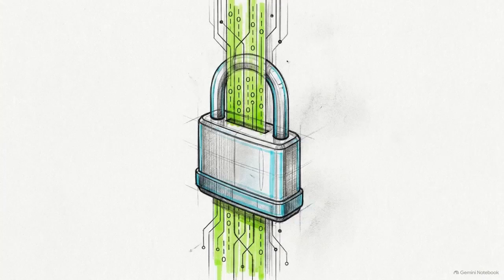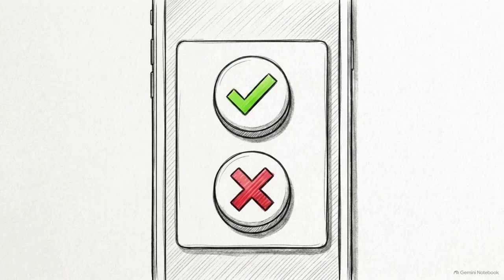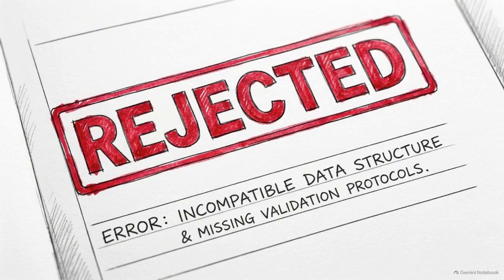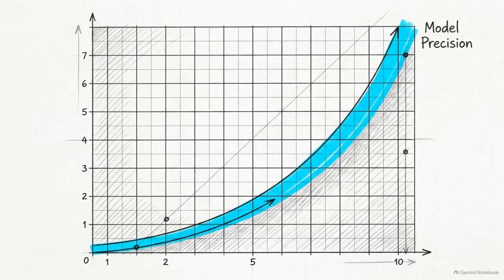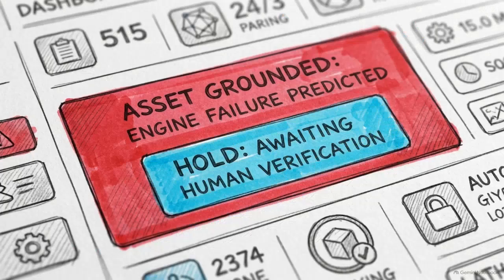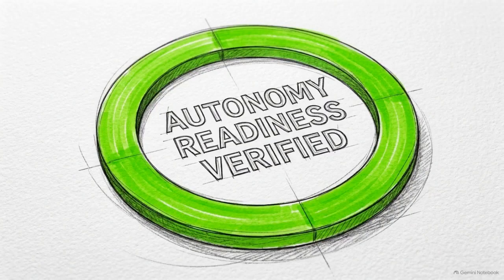On the back end, AWS Step Functions suspend the workflow logic, issuing a secure task token until a human provides an explicit approval or rejection. Every time a human rejects an AI proposal, the system logs the exact reason. That rejection becomes direct training data to refine the model's accuracy. Human in the loop prevents operational catastrophes today while safely conditioning the underlying models for autonomy tomorrow.